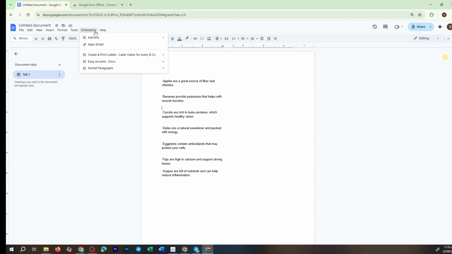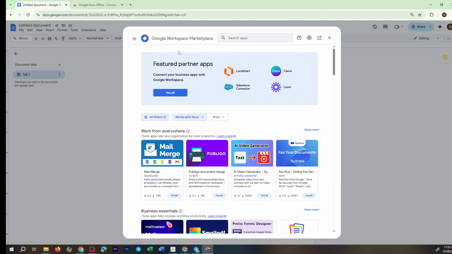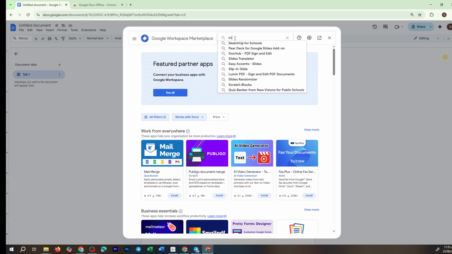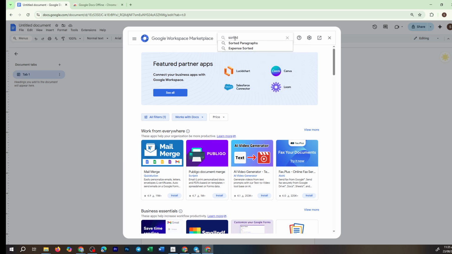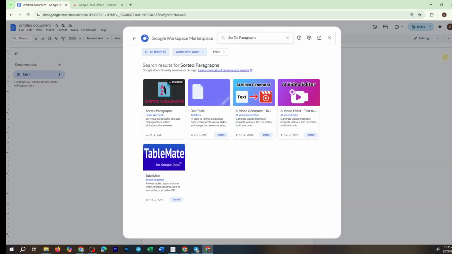From the Extensions drop-down menu, you'll see the option for add-ons. Hover over it and then click on Get Add-ons. This is going to open up a new window where you can explore a variety of add-ons available for Google Docs. What we're looking for is something called Sorted Paragraphs. In the search bar at the top right corner of this new window, type in Sorted Paragraphs. Once you see it pop up in your search results, you'll want to go ahead and click it to begin